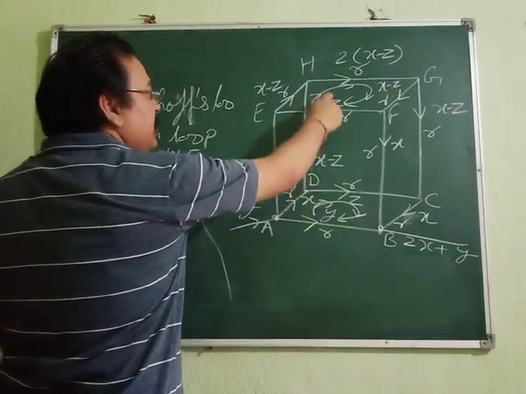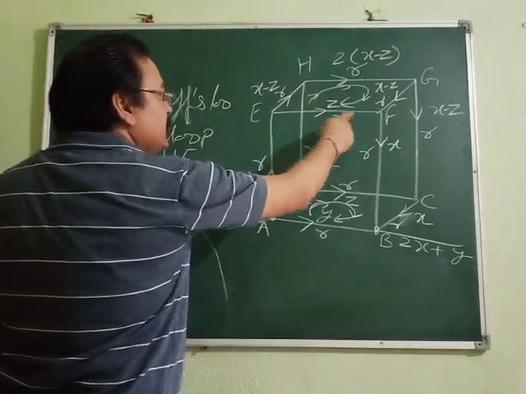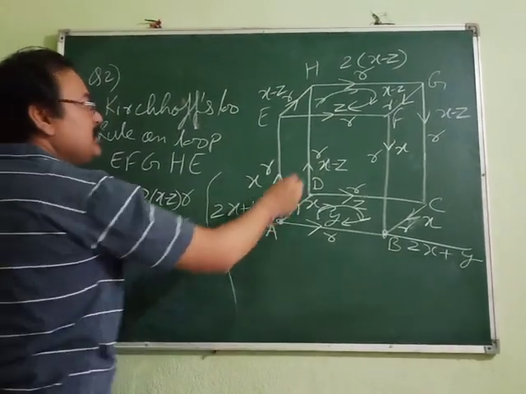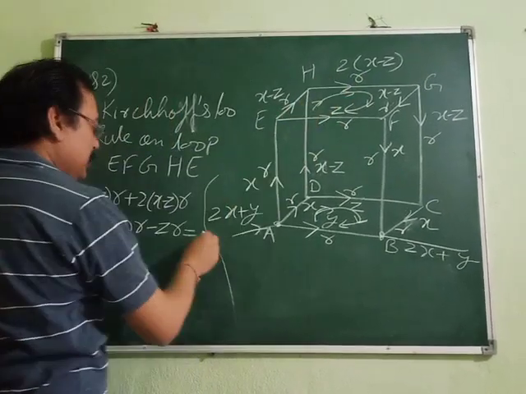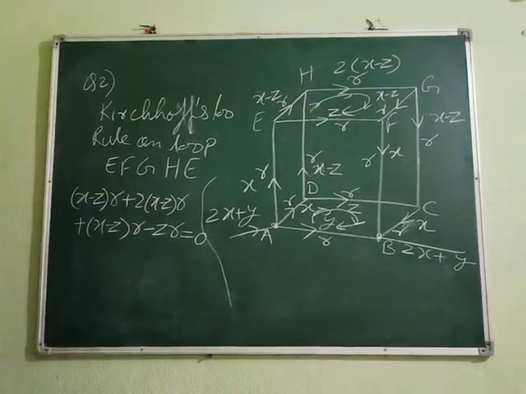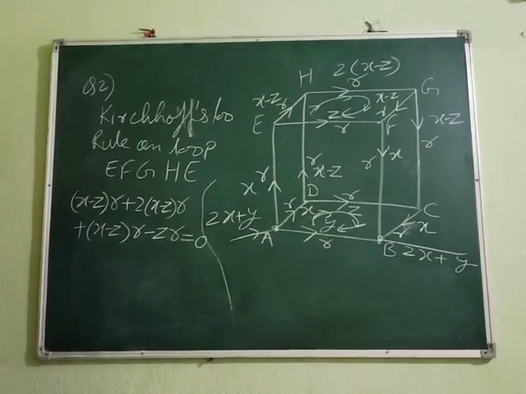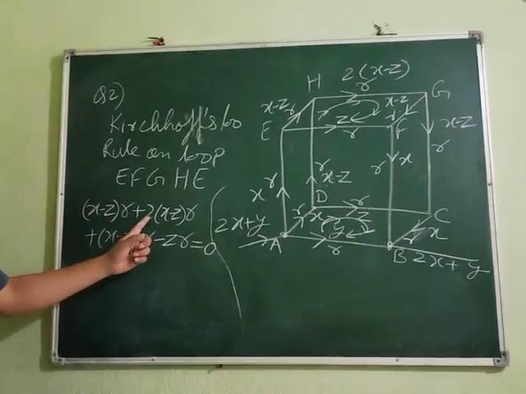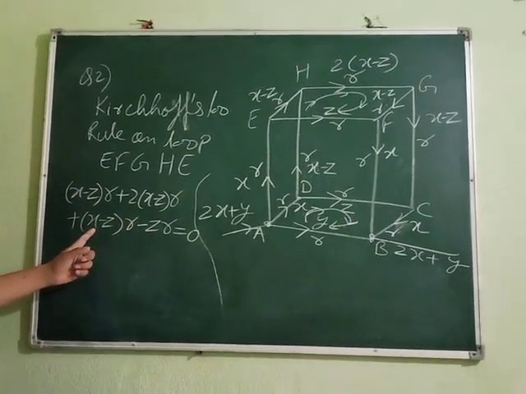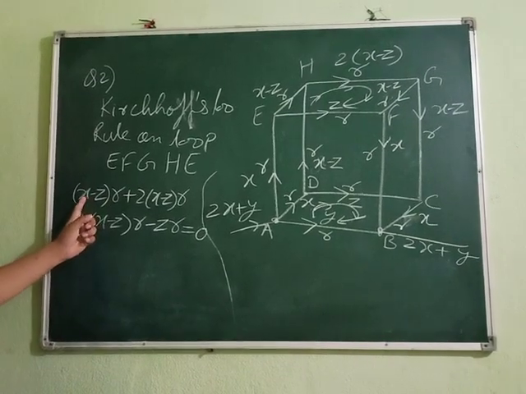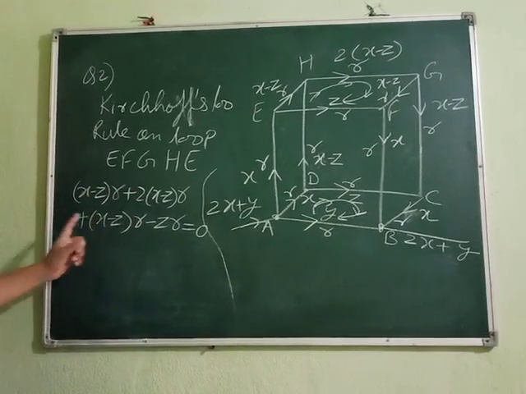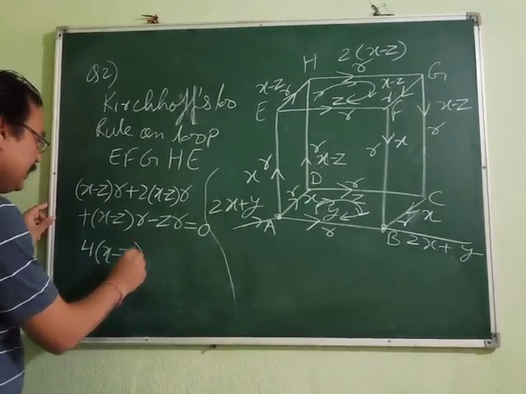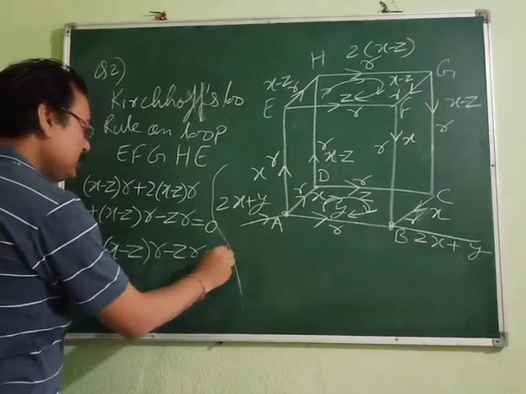Now, what about this arm? When we are moving like this, the current is in the opposite direction, so it is going to be negative, that is Z into R. Equal to... is there any EMF source in this loop? Not at all, so it is 0. So we end up getting this: minus ZR, plus twice of X minus ZR, plus again X minus Z. So X minus Z, 1, 2 plus 1, 3 plus 1, 4. So we get 4 times X minus Z, into R, minus ZR equal to 0.